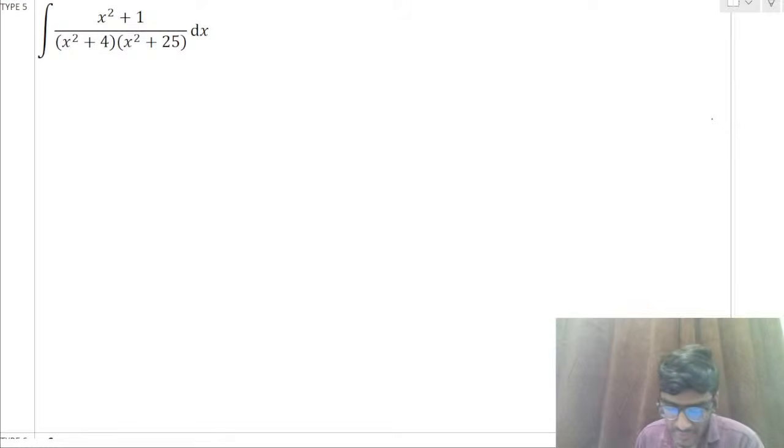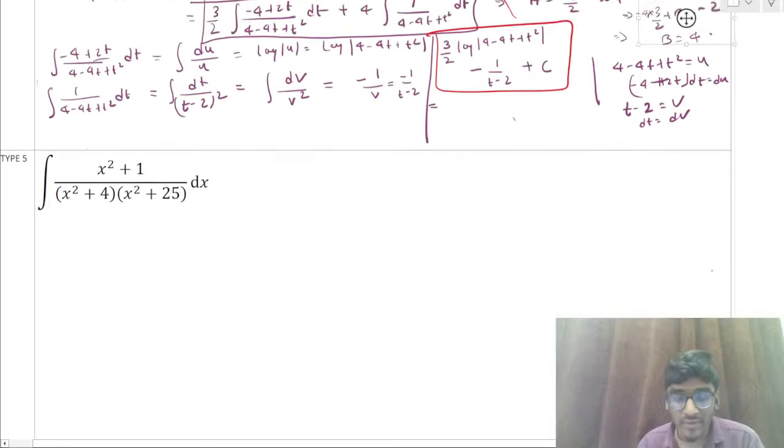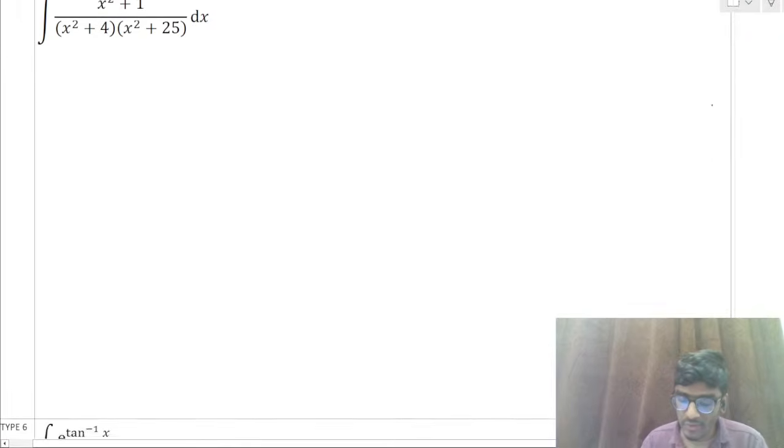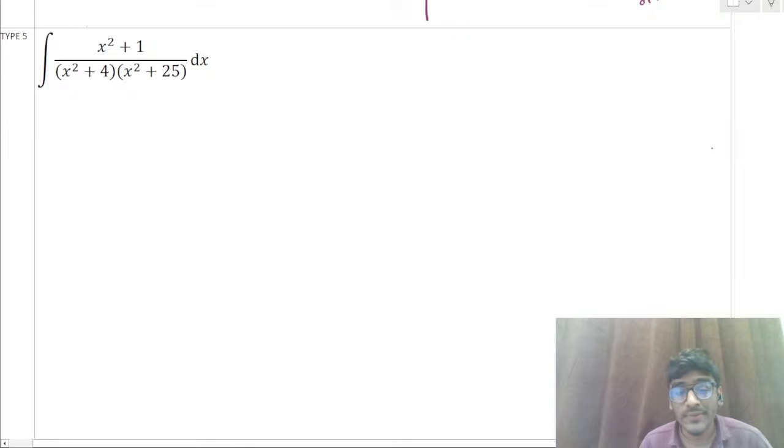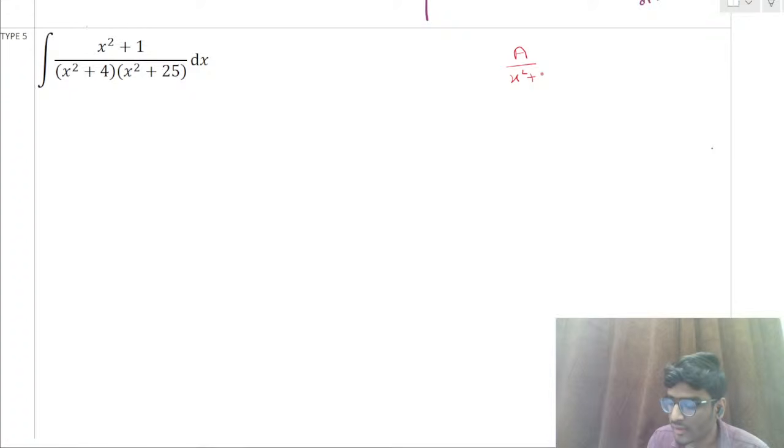Okay. So here we have another integral which is of the form x square plus 1, x square plus 4 and x square plus 25. So how are we going to integrate this? Are we going to use partial fraction directly? As we know, if we have a proper fraction upon x square plus px plus q, which is not factorizable,